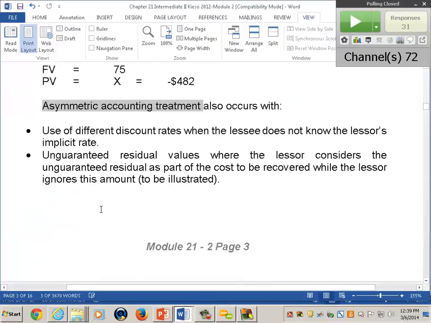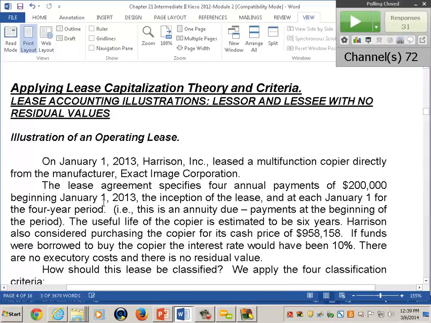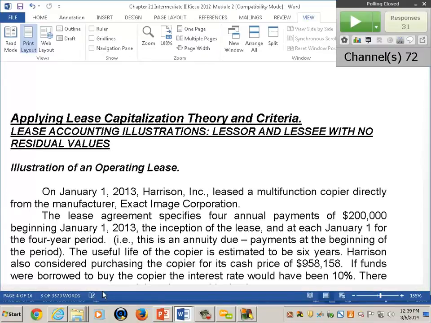All right, now, unfortunately, a lot of this more interesting conversation has to be halted as we look at the details of the mechanics. What we're going to do is use lots of examples to apply the capitalization theory and the criteria. I'm going to constantly circle back and give you a review of the standard, the criteria, and the theory, of course. So let's take a look at this first illustration. I'm going to build off it with some changes.